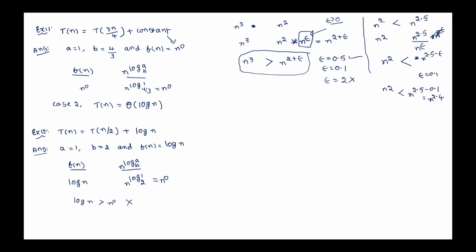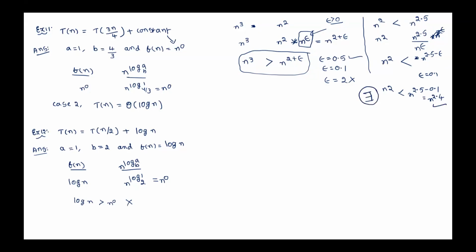N square less than n power 2.4, is that right or wrong? It is right. One epsilon you take where the condition becomes true. I also told there exists is the condition. If there exists at least one value for epsilon